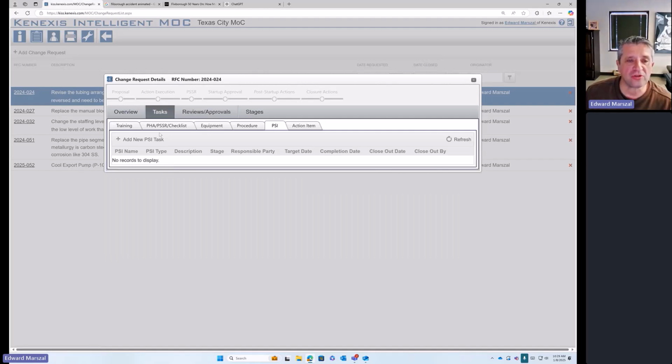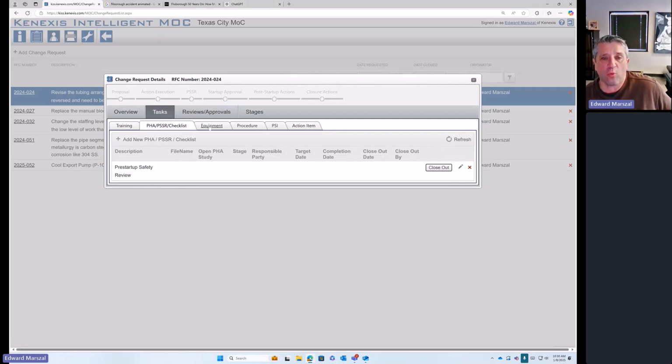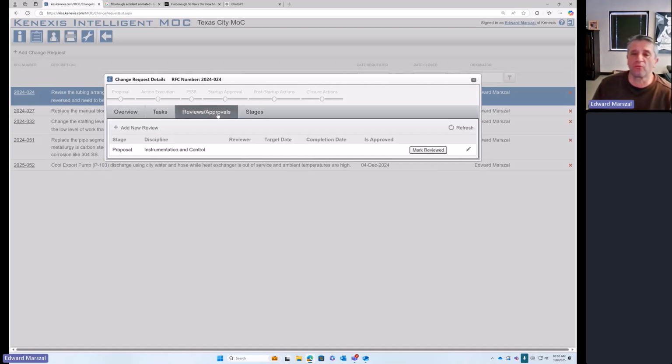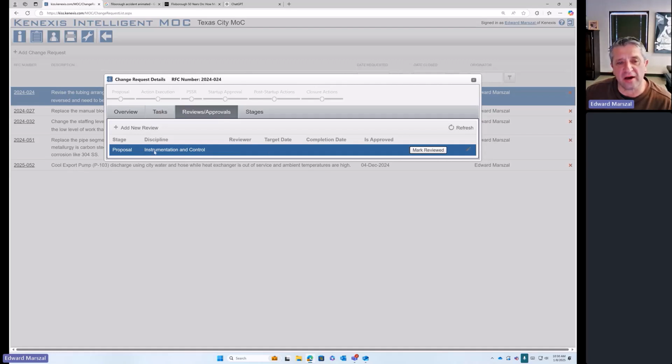Okay, so those are the tasks. There's another miscellaneous item under tasks just called action items. If you have something that must be done as part of your change process and it doesn't fit neatly into one of these categories, you can follow it under action item. The next step over is reviews and approvals. Now, for reviews and approvals, you'll see that there is an item called